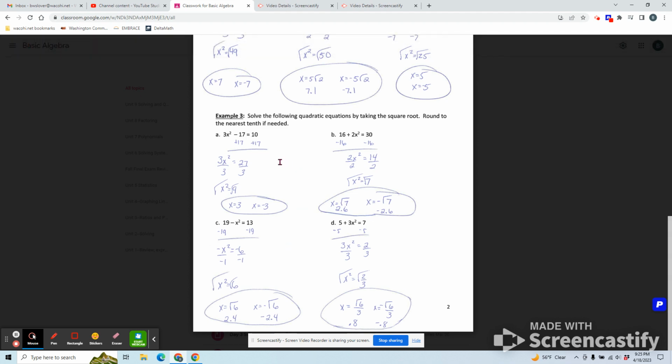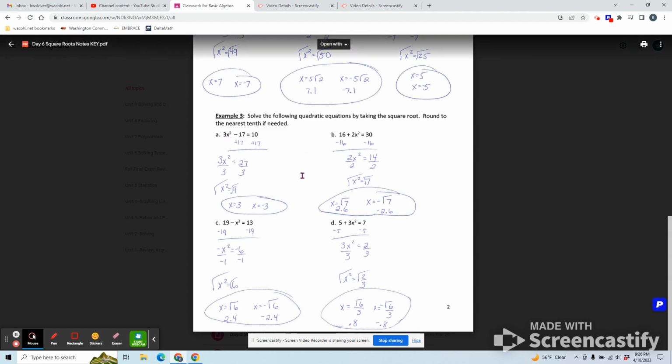So today we focused on solving these quadratic equations by taking the square root. So 3x squared minus 17 equals 10. x is 3 and x is negative 3. If I were to take either of those and substitute it back in, it would make my equation true. So if you have